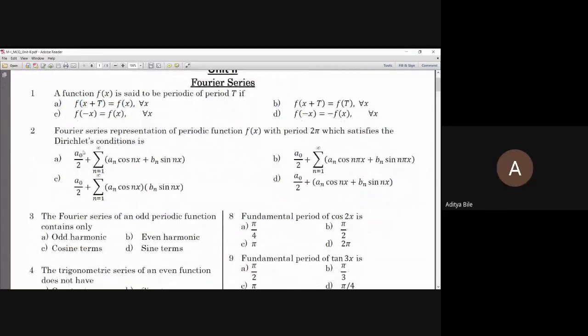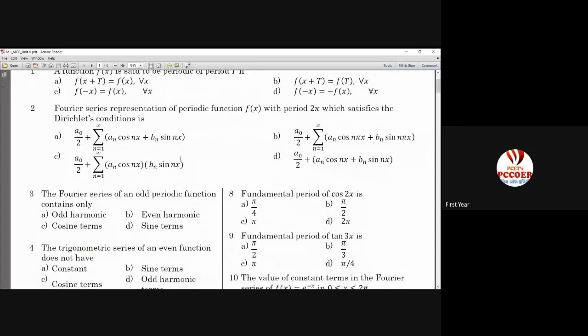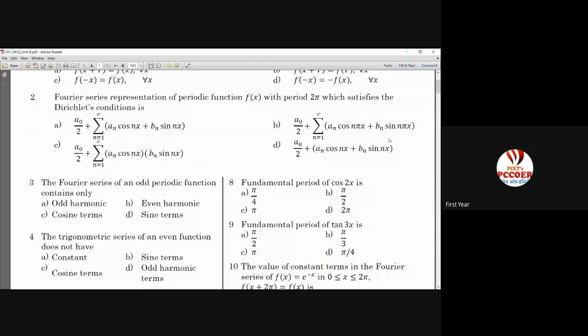Then the Fourier series expansion for 2 pi. Just now I asked you if it satisfies Dirichlet's condition, then what is that? So a naught by 2 plus summation an cos nx plus bn sin nx. Option A again. Look at the options which are given. They look alike, option A and option D. They are almost same. Only in option D summation is not given. So it's an infinite series, so summation should be there. This shows that it is a finite polynomial in cos and sine, but it is summation of such type of terms. And option B, C is product. Product is never the answer. It is summation.